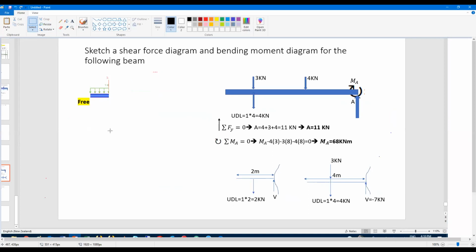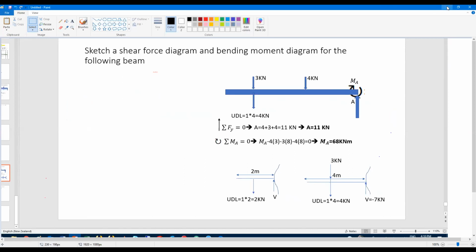So we are only considering this section, but one thing we need to remove is the 3. So the 3 is not part of the section. We have only the UDL and we know the distance. So what you have in that section, if we take it and bring it to the PowerPoint slide,